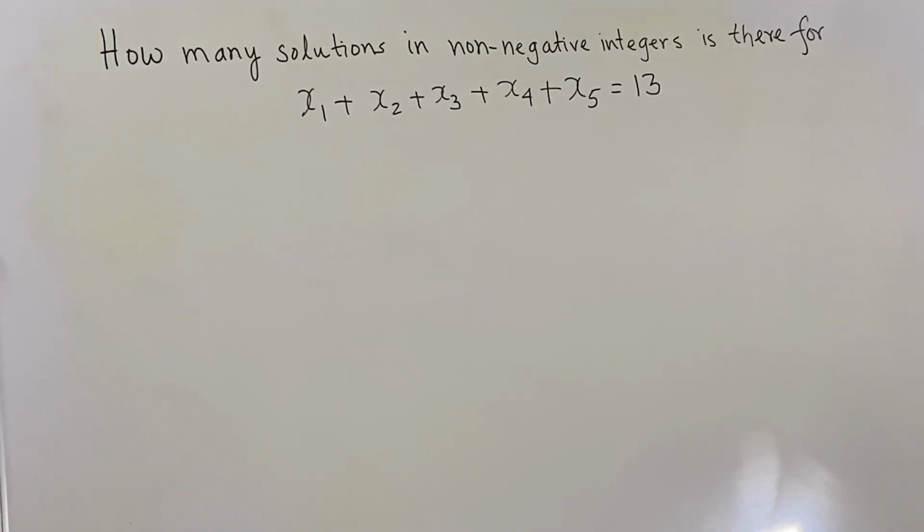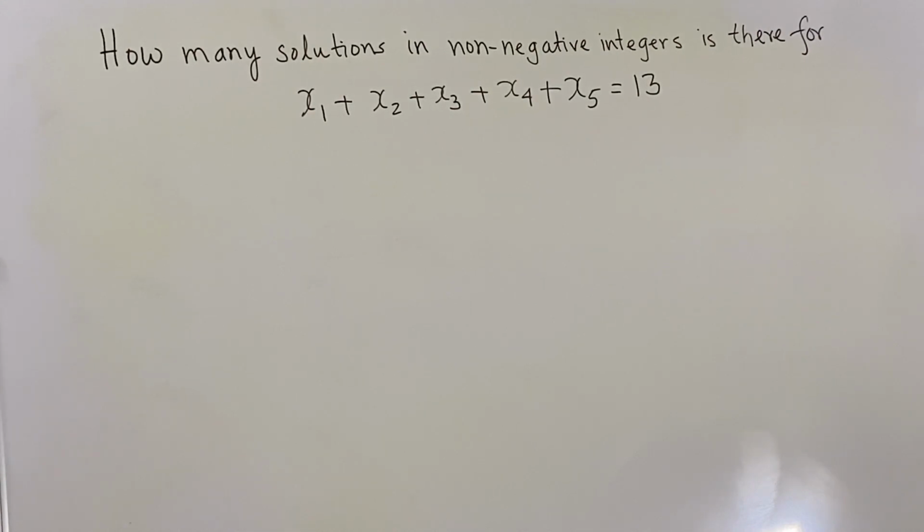In this edition, we are examining this problem. We want to find the number of solutions in non-negative integers for the equation x1 plus x2 plus x3 plus x4 plus x5 equals 13. There are many ways in which this problem can be solved, but I will illustrate this using the method of